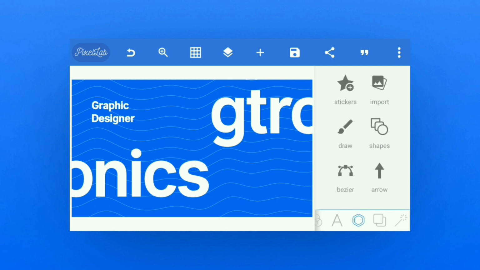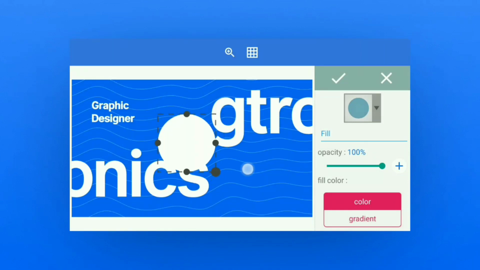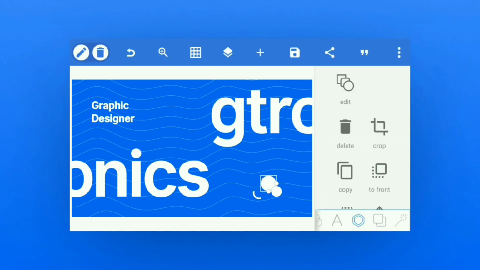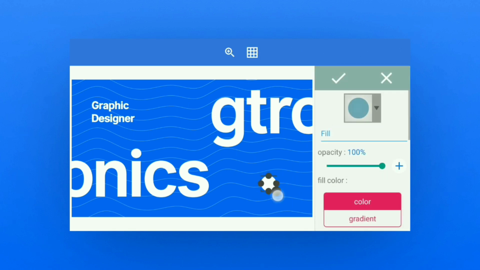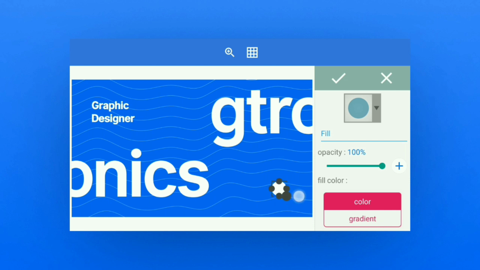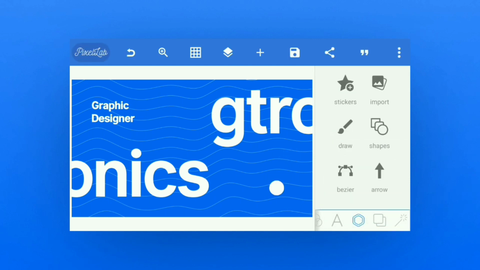Now again, to balance the design of the business card, I am going to add a circle shape on the right bottom side as all the other sides are already filled. Now you can place it anywhere. Just try to make the business card look good. Okay, now it is looking good for me.